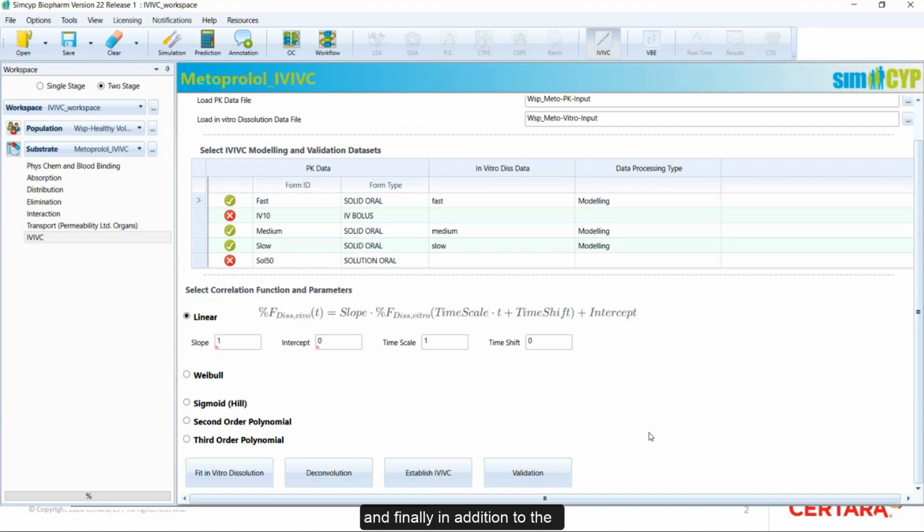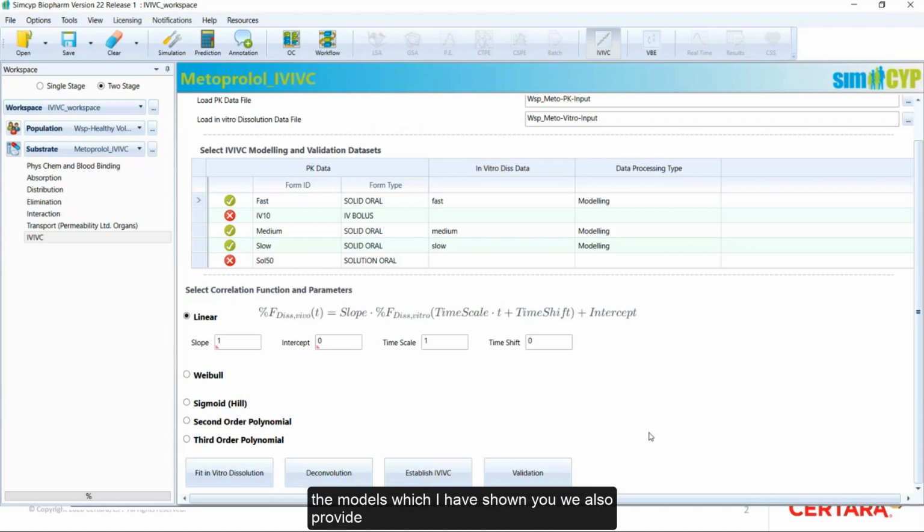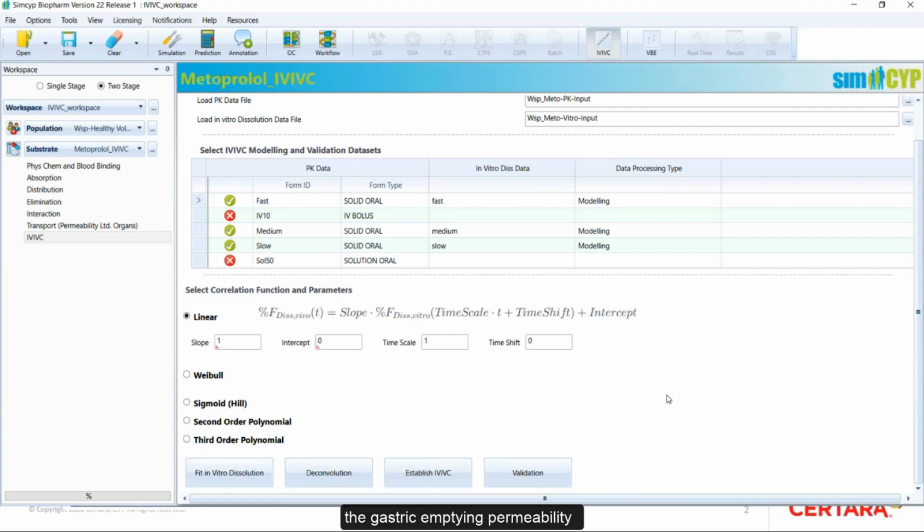And finally, in addition to the models which I have shown you, we also provide a mechanistic IVIVC option within the Biopharm software, which can be selected on the top ribbon. And compared to the conventional IVIVC, the main advantage of mechanistic IVIVC is that it takes into account the gastric emptying, permeability, the first pass gut wall metabolism, transporters, and first pass hepatic metabolism during the deconvolution step, and it